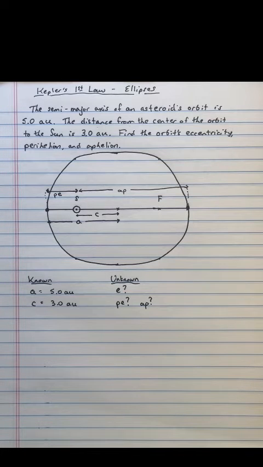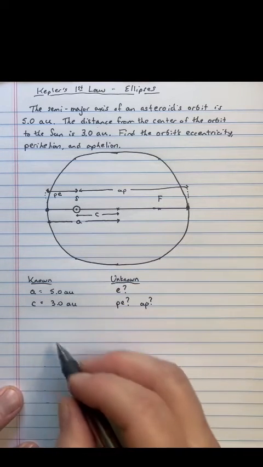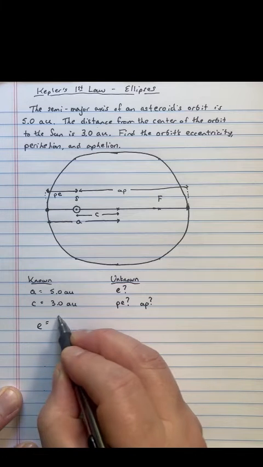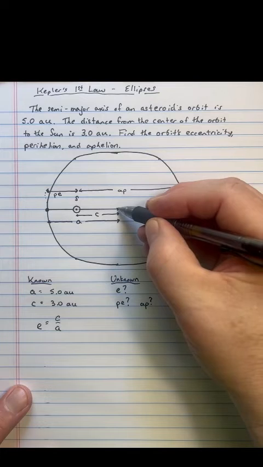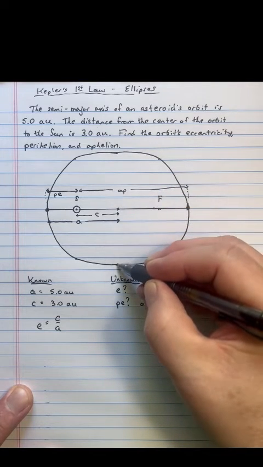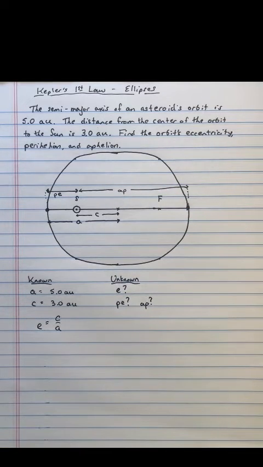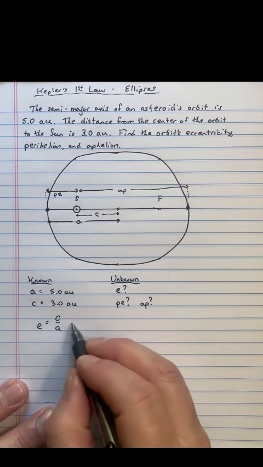The more stretched out c is, the more stretched out the whole ellipse is. So eccentricity, by definition, is c divided by a, like that. By the way, real quick aside, if you're wondering what happened to the little letter b, the little letter b is the semi-minor axis, and we go from the center to the edge here. We don't need that for this problem. We could use it if we want to solve other aspects of the orbit of the asteroid, but we're not worried about that today. So, little c over little a,